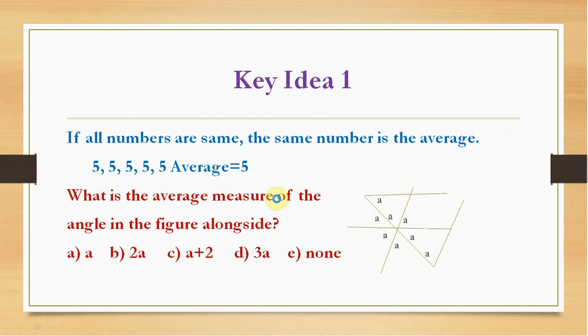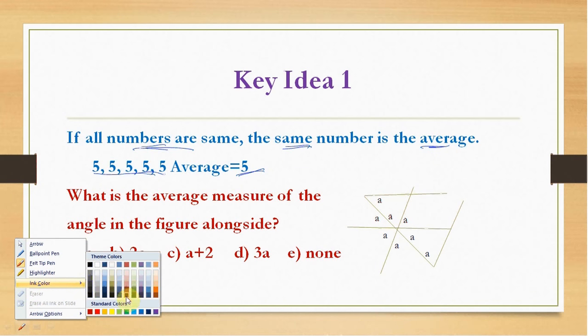So the first key idea about the average is regarding the average when all the observations in the series are the same. So if all the observations are the same, the average of the series will be the same number. For example, all the numbers are 5 in this series, so the average will be 5. So this concept can be used